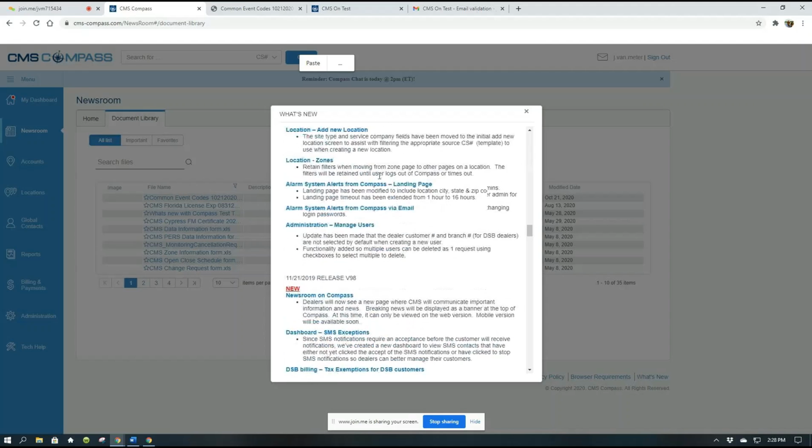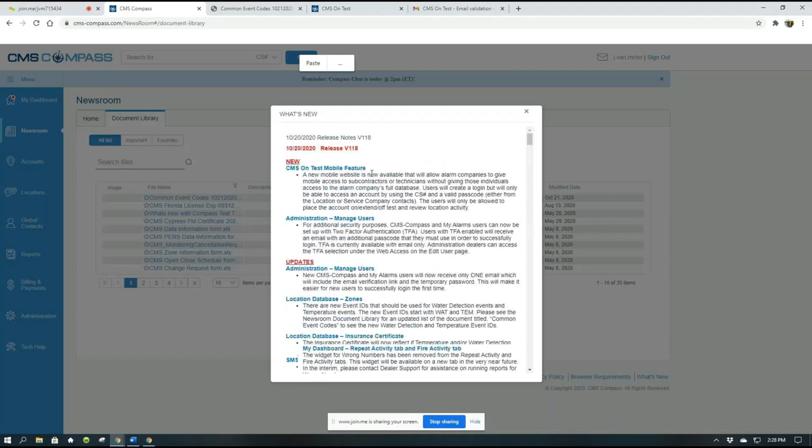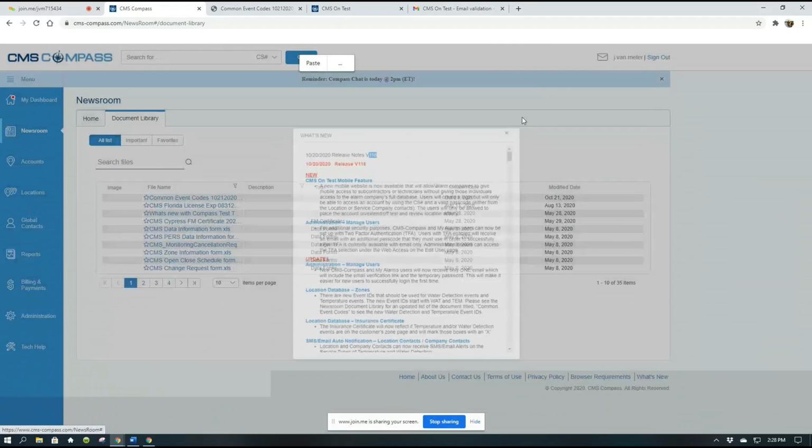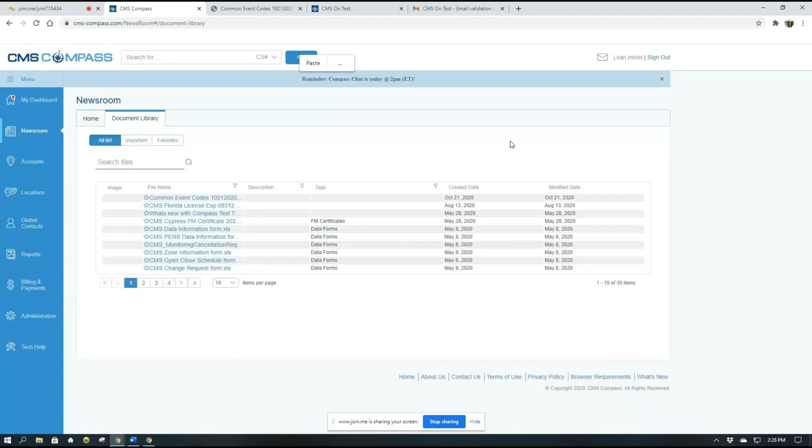One thing I would point out to you again is we've been live with Compass for about 4 years, almost 4 years. We are on version 118 already, so that's 118 updates that we've done to Compass. This will never stop growing or stop getting better. That's one thing we like about it. So if there are other questions, stuff that you were wondering about the update that maybe I didn't cover, go ahead and click on that What's New link, and you can see everything that took place on the last